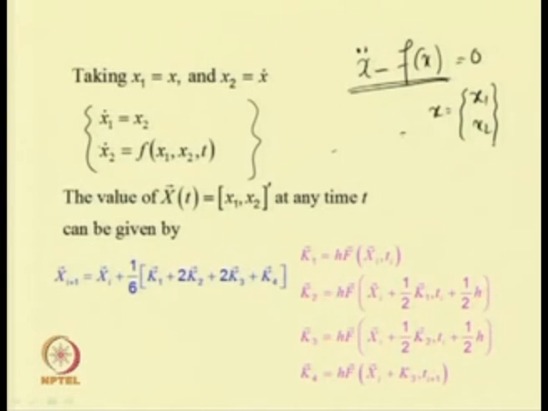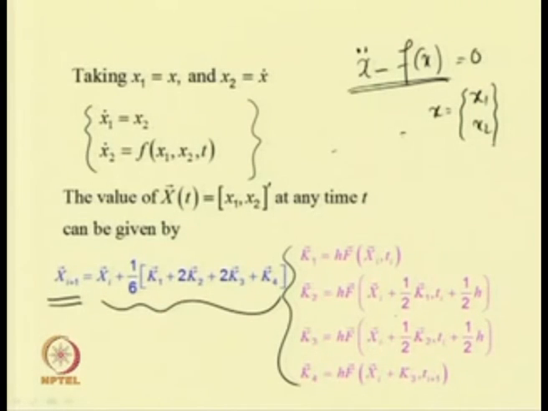So, after getting the set of first order equations and taking an initial condition x i, then x i plus 1 can be obtained by using this method. So, this x i plus 1 can be obtained from the ith iteration: x i plus 1 equal to x i plus 1 by 6 into k 1 plus 2 k 2 plus 2 k 3 plus k 4, where this k 1, k 2, k 3, k 4 are obtained by using